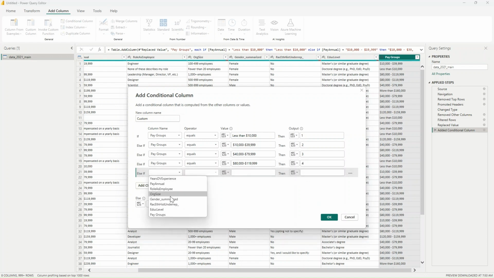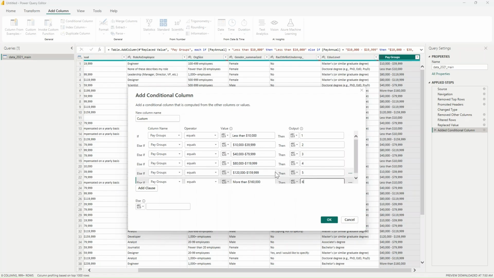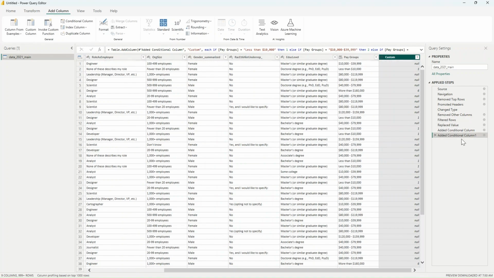And similarly the rest of the pay groups. Now that we have these, let's click on OK. And this one would be the sort by column. I'll just rename this